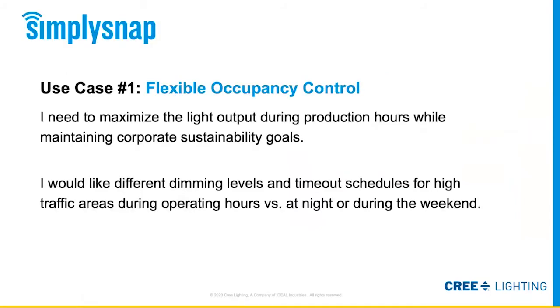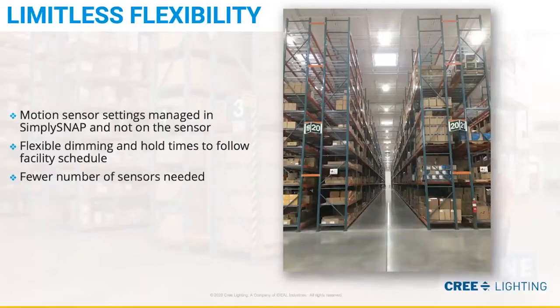All right, so let's dive into those 6 real customer use cases that will hopefully help you connect the dots so you can see the value using SimplySNAP with Cree Lighting's High-Bays. So use case number 1, flexible occupancy control. I need to maximize the light output during production hours while maintaining my corporate sustainability goals. I'd like different dimming levels and timeout schedules for high traffic areas during operating hours versus on nights and weekends. One of the advantages of using SimplySNAP is that it's flexible in the way that it